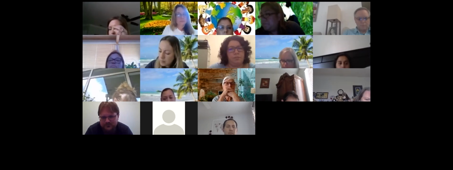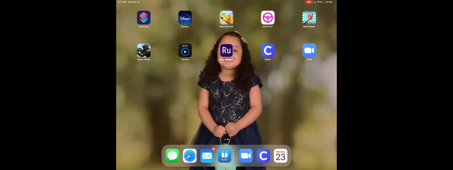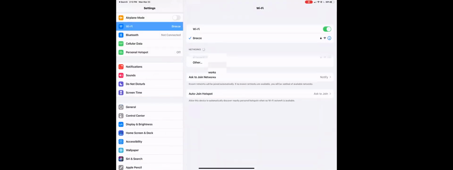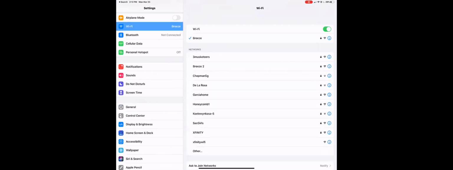Yes. So they just have to drive out to either the school or the district office, and this is what the learners should be seeing. As soon as they connect to the Wi-Fi at the school, it's going to take that restriction off. It should take between 1 minute to 3 minutes. As soon as they can see the staff and neighbors network, then they're good to go back home.